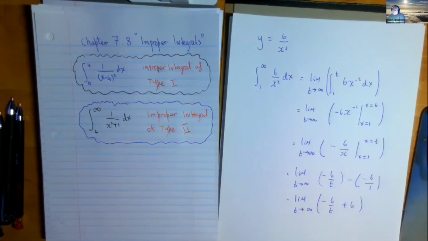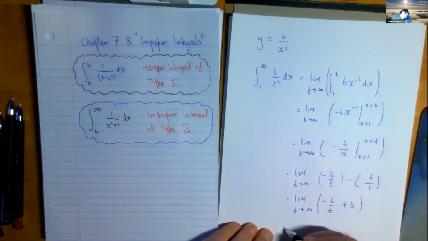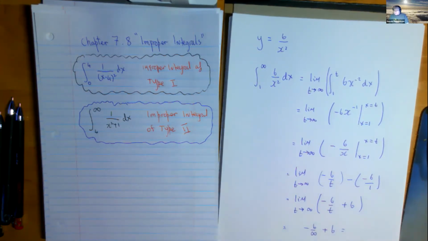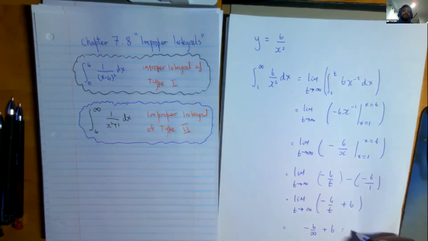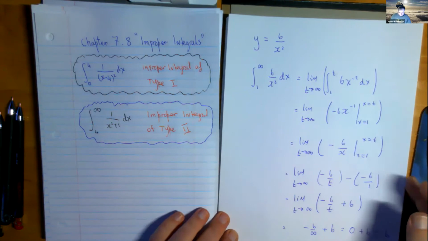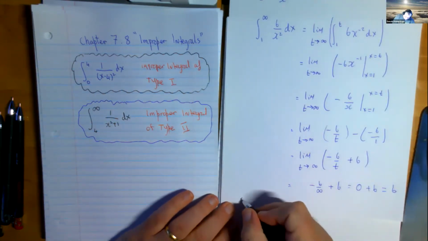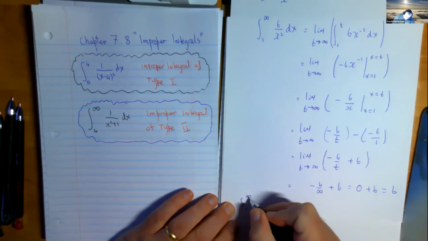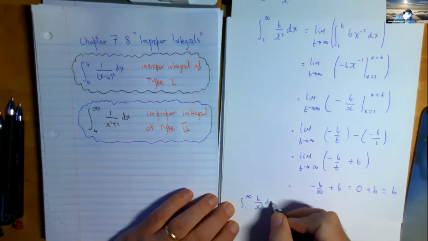Hey, we're almost done, aren't we? Okay, do not overthink this, fella. Can't we use brute force on this? Can't we just make t infinite and get an answer? Right? Let's see what happens then. -6 over infinity, add 6. What number is -6 over infinity going to tend to? 0. And so 0 add 6 means 6. So we can now say that the integral from 1 to infinity of 6 over x squared dx